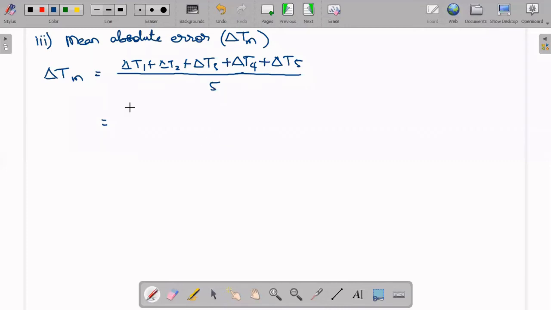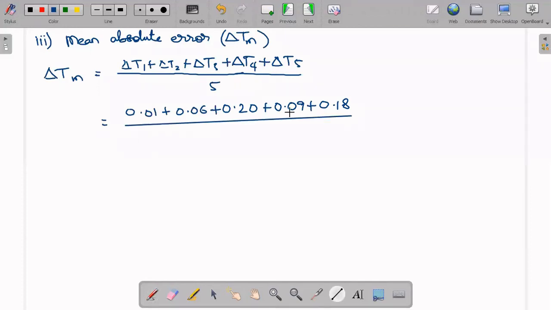So 0.01 is delta T1 and 0.06. I am not taking negative here again because mean absolute error itself we will get positive. There I didn't mention it. Okay, 0.09 and delta T5 is 0.18, by 5. So if you calculate this, how much value are we ending up with? If we add all of them, we are ending up with